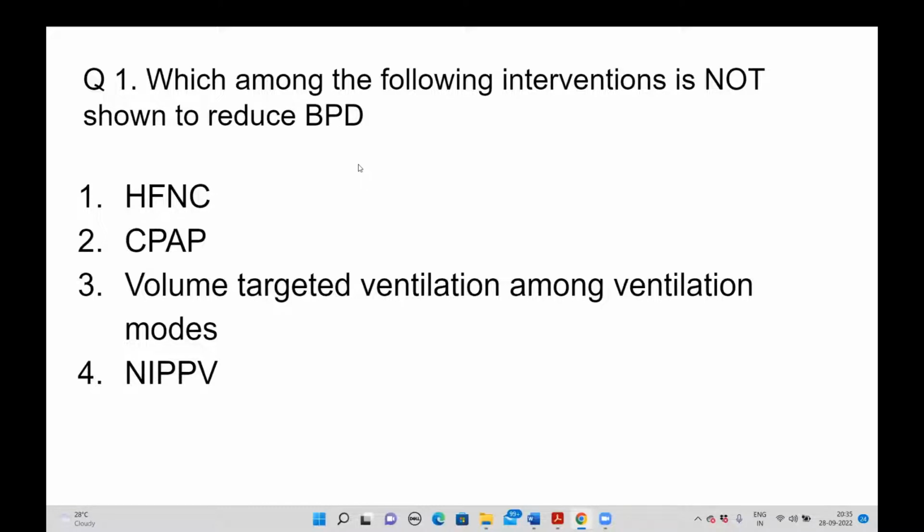So fine, everybody is answering correctly. Can you tell us the reason? In one word, can you tell us the reason? So the answer here is HFNC, as everybody has rightly pointed out. So let's just quickly look at the